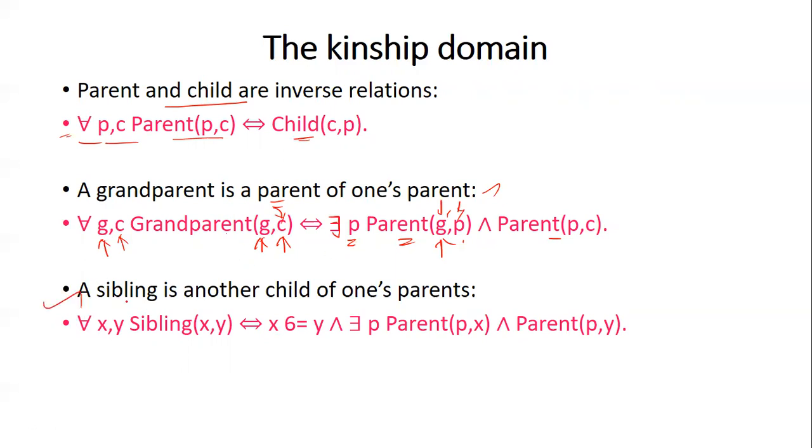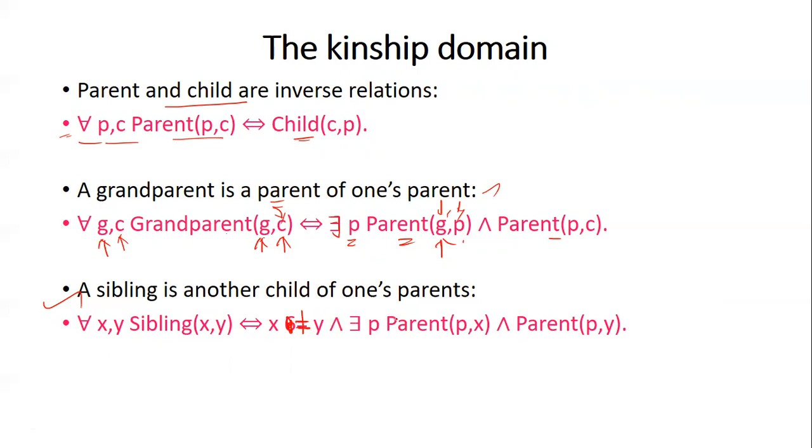A sibling is another child of one's parent. So this can be represented something like this. For all X, Y, sibling of X comma Y, which means X is a sibling of Y, is bidirectionally equivalent to saying that X is not equal to Y. So if they are siblings, it means they both are not the same. X is not equal to Y, and